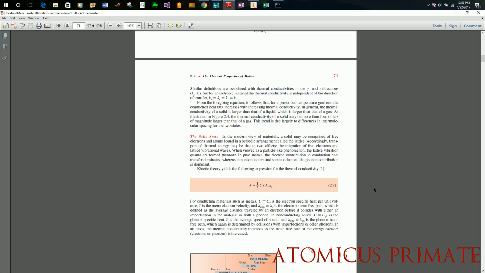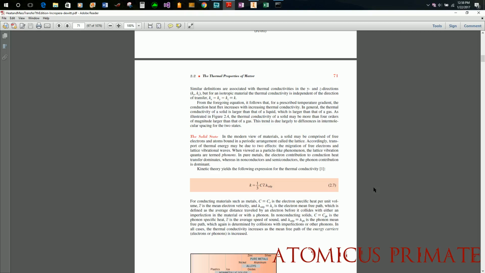The solid state. In the modern view of materials, a solid may be comprised of free electrons and atoms bound in a periodic arrangement called the lattice. Accordingly, transport of thermal energy may be due to two effects: the migration of free electrons and lattice vibrational waves. When viewed as a particle-like phenomenon, the lattice vibration quanta are termed phonons. Cool word, right? Write it down. In pure metals, the electron contribution to conduction heat transfer dominates, whereas in nonconductors and semiconductors, the phonon contribution is